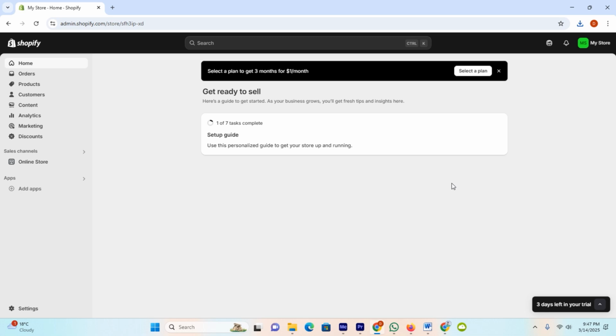Hi guys, today we will talk about how to import products on Shopify. This process is really simple and easy. Importing products is very simple. If you have a list of your products, meaning you have more than a single product, then you can import